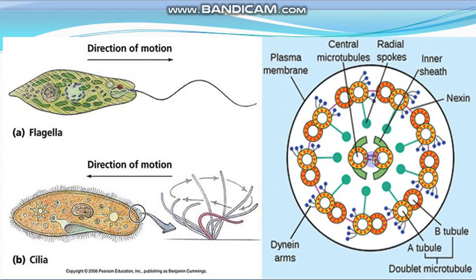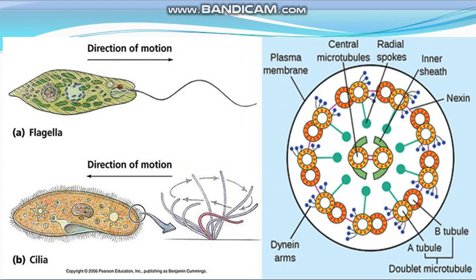And this is the transverse section of the axoneme portion of the cilia or the flagella. You see here that each cilia or flagella is surrounded by the membrane, the plasma membrane, which is continuous with the plasma membrane of the cell, and there are 9 doublets: 1, 2, 3, 4, 5, 6, 7, 8, 9. Each doublet has a pair of arms projecting from the microtubule towards the neighboring doublet. So these are the arms.